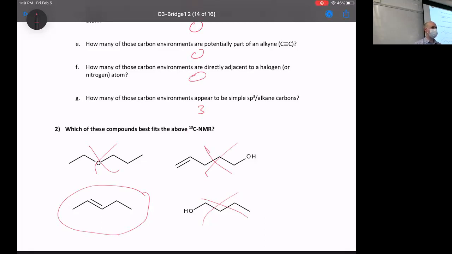Most of you got that right. Any questions about that? So it's really just 2 things you're looking for in carbon NMR. First, how many peaks do you have, which tells you how many environments. And then secondly, where are they, which kind of tells you what those carbons look like, some information about their environments. And that's all you can get out of carbon NMR. So a lot less information than you get out of hydrogen. All right, any questions on that? We're going to move through and just do some examples for a little while, and then we'll move into hydrogen